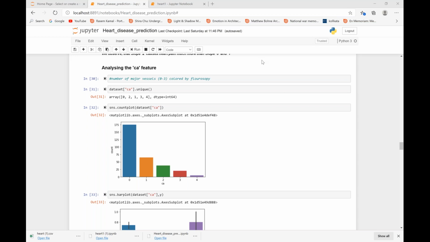Next, we analyze the CA feature, and we can realize that